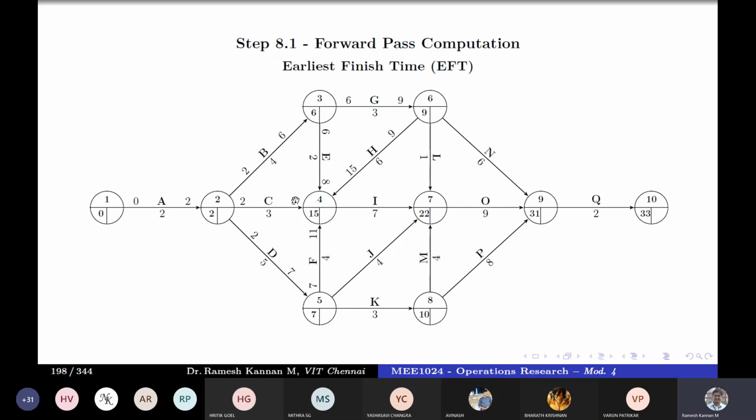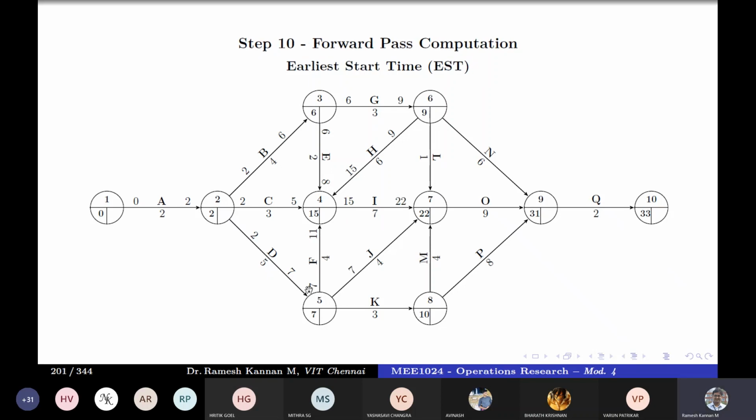The early finish time of C is 5, of E is 8, of F is 11, and of H is 15, right? And the earliest event time of 4 is also 15. Among these, the maximum value governs, so the maximum value is 15. That's why the start of I is 15. It could be either the EFT of this or the EI value. Then 15 plus 7 is 22.